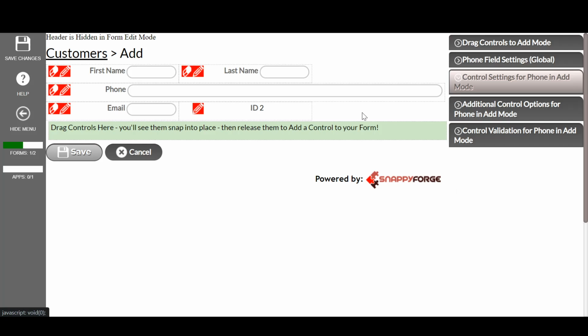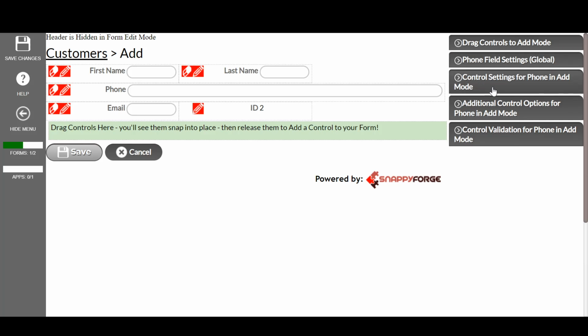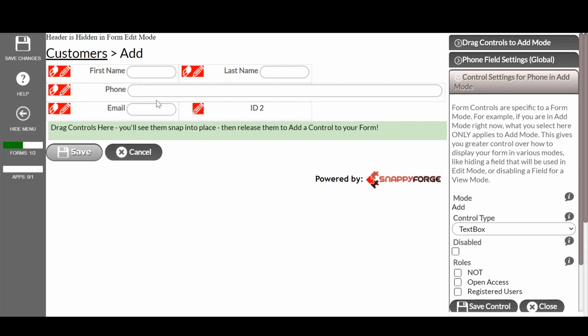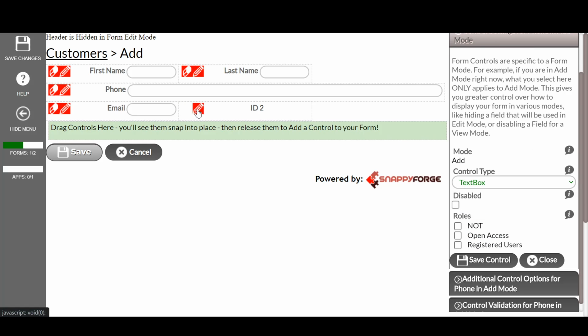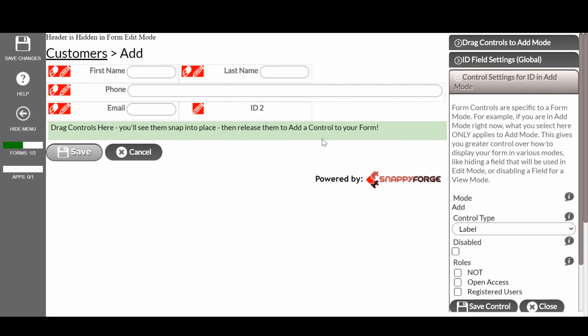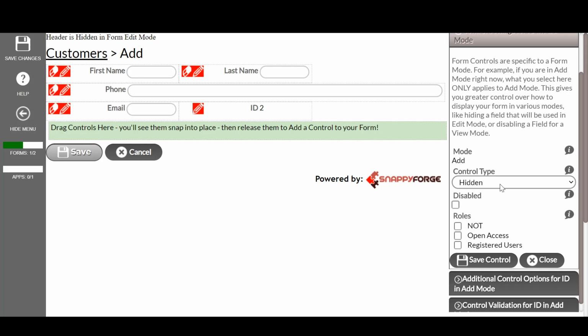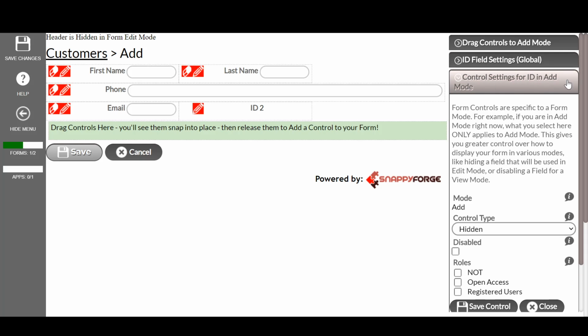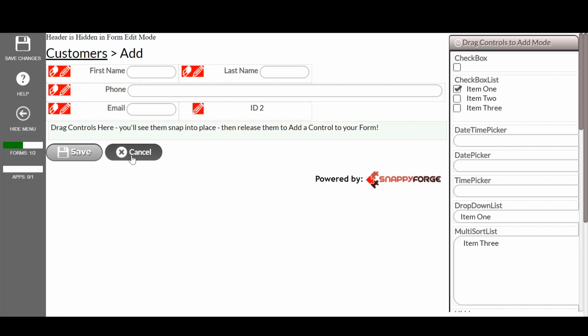Something else we note, that's for phone's field settings, which are global. But if we wanted to just control this particular add mode, we can change this to anything else we want. So for example, ID, you don't really need ID for add. We're going to change it to hidden. This only applies to add mode. It does not apply to edit mode or any other modes that you can add later. So if we just save that for now,